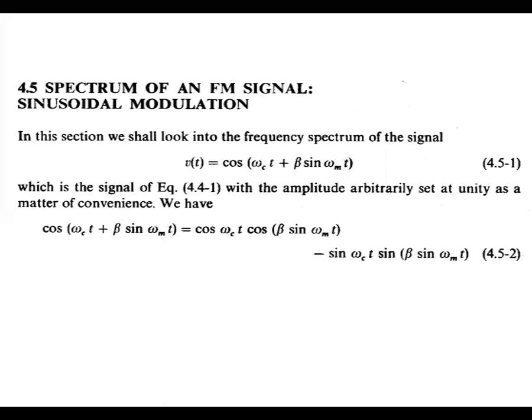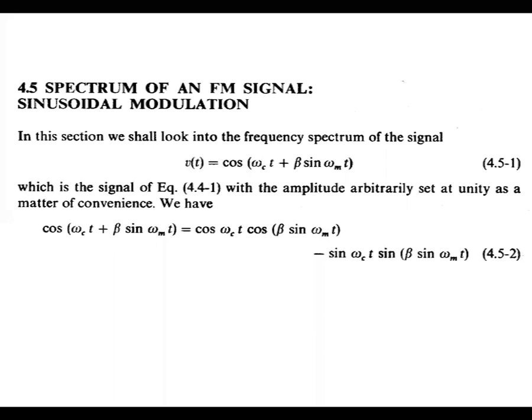You saw that there is a spectrum of an FM signal. So what is the spectrum? Like in AM, what are the spectral components? In AM, the spectral components are the lower sideband and the upper sideband. One spectral component occurs at FC plus FM and another occurs at FC minus FM. So those two sidebands are present in amplitude modulation.